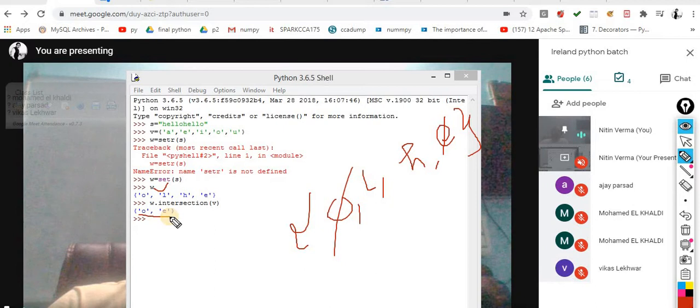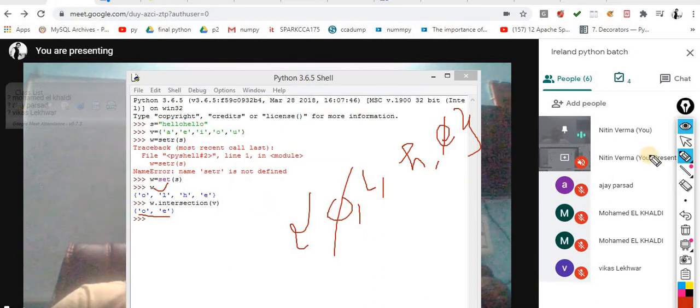Sometimes it is used very heavily, sometimes we have to do the hardcore. If you know this concept, you can attempt this problem with only 2 lines. Otherwise you have to write a logic again. If someone asks you to tell the unique vowels from the entire string, then you have to think from scratch if you don't know this intersection concept. If you know it, the code is a matter of only 2 lines, nothing else.